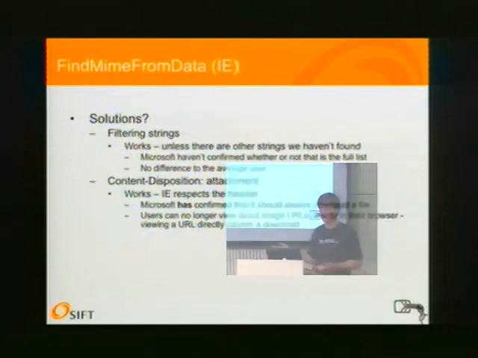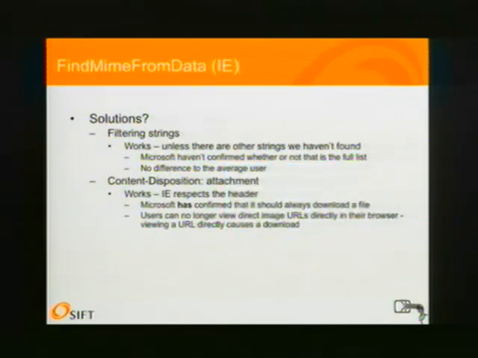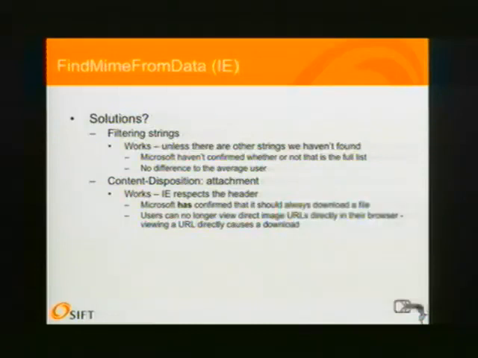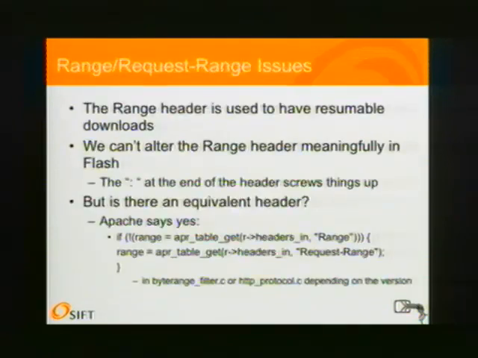So what kind of solutions have people implemented? Well, first of all, vBulletin has tried filtering strings. They screwed up, obviously, because they didn't know the full list of strings. They checked only the first 200 bytes. But if you know exactly what it's doing, it pretty much works in this scenario. However, we don't know whether this is the full list of tags. Microsoft won't tell us because they don't want people doing this, and there are other reasons not to as well. The recommended solution is to use the Content-Disposition attachment header, which pretty much works, and so far no one's found a workaround to this. However, if they did decide to do filtering, there's a header in HTTP called the Range header,